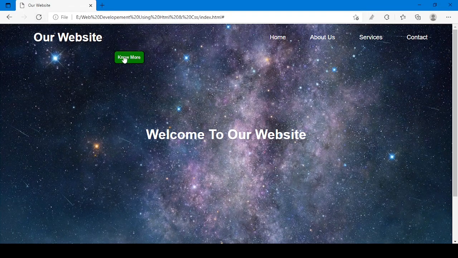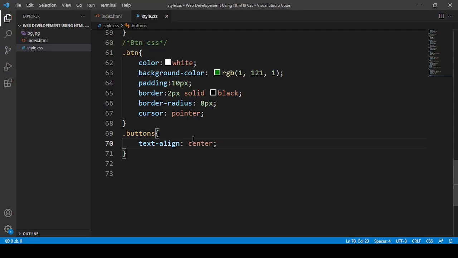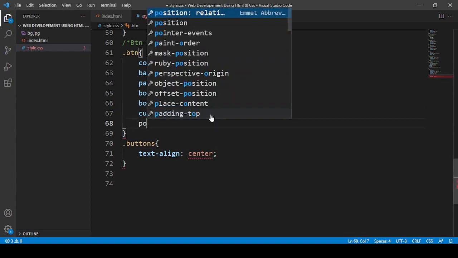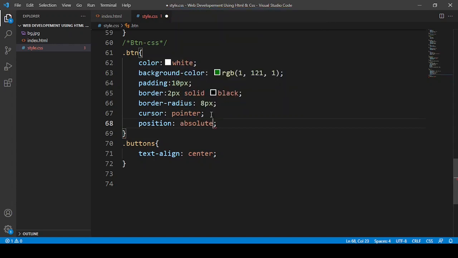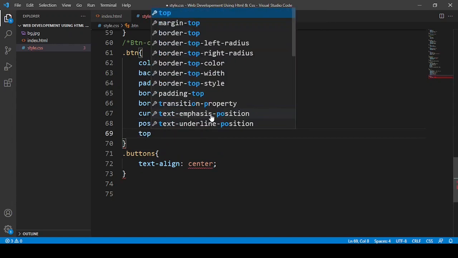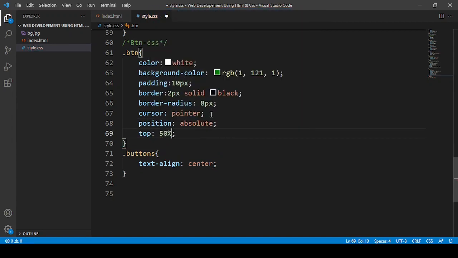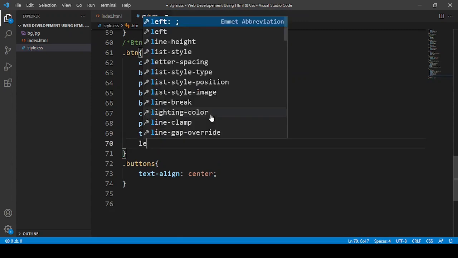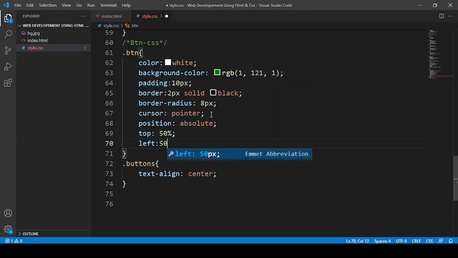See now it is here. So now how can I make it here? For that, in this btn only, I'm going to say position absolute. From the top I want that same thing. I'm just going to test whether it works or not.